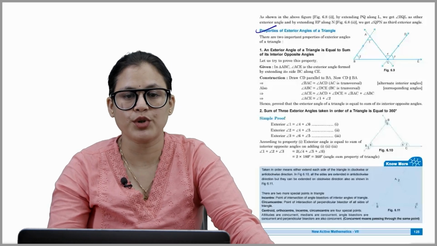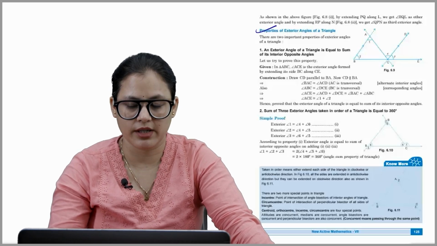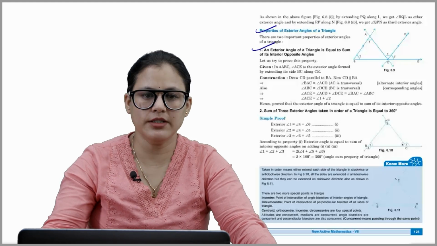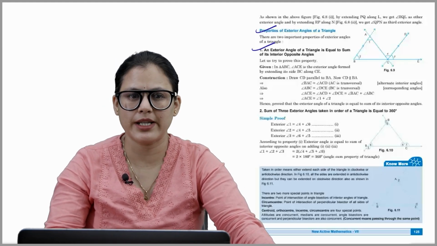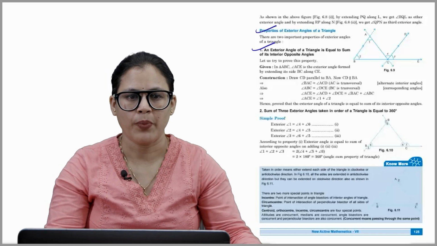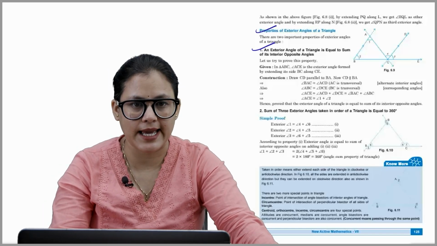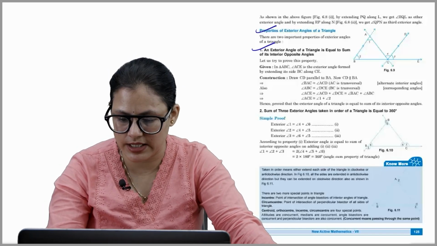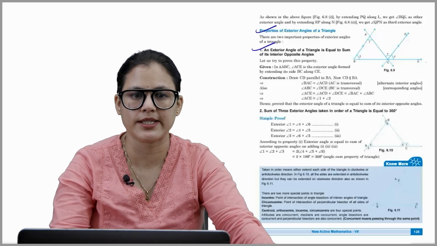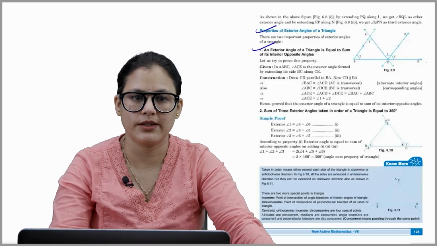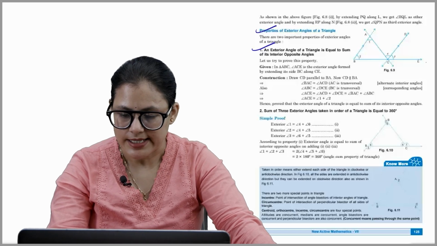Now, properties of exterior angles of a triangle. There are two important properties. Number 1, an exterior angle of a triangle is equal to the sum of its interior opposite angles. Let us try to prove this property. Given in triangle ABC, angle ACE, as you can see, is the exterior angle formed by extending its side BC along C. Construction: draw CD